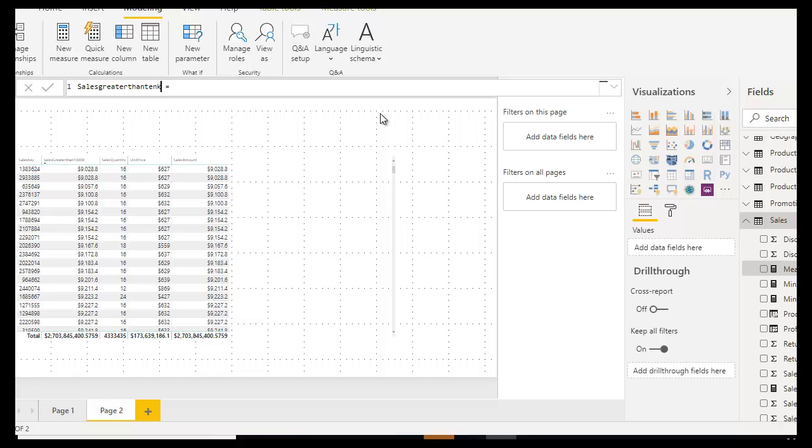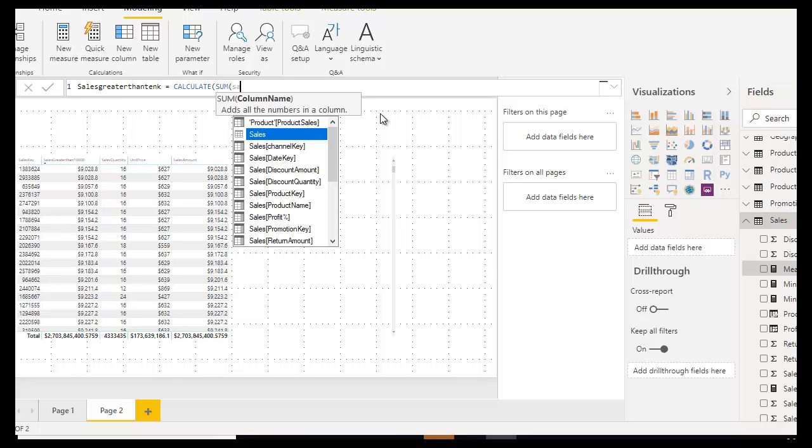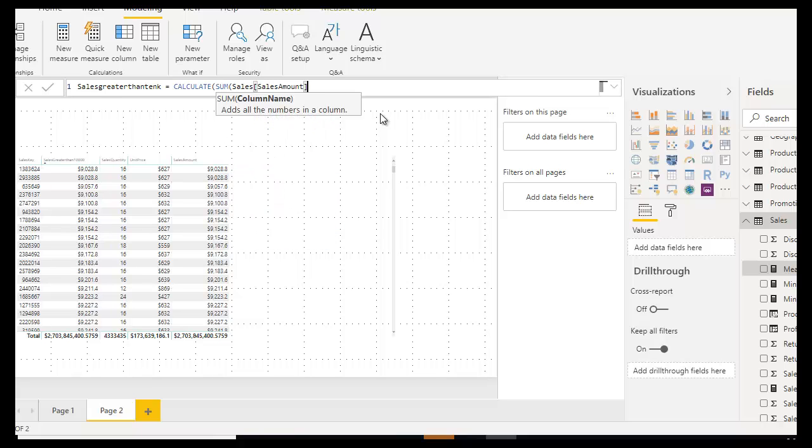So we are looking to filter data based on sales that is greater than $10,000. For that, first of all, we have to use CALCULATE. Then we are going to first SUM, and that is going to be on Sales Amount, comma,